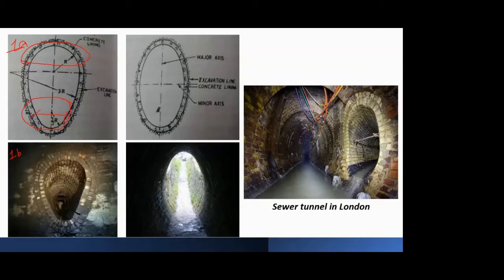You can see the photograph here also. Basically, if you study the old type of sewage networks, you'll find predominantly this kind of shape. Nowadays, everywhere you see the sewage pipelines, they are precasted and circular in shape, but they need cleaning and they do have this tendency to get clogged.